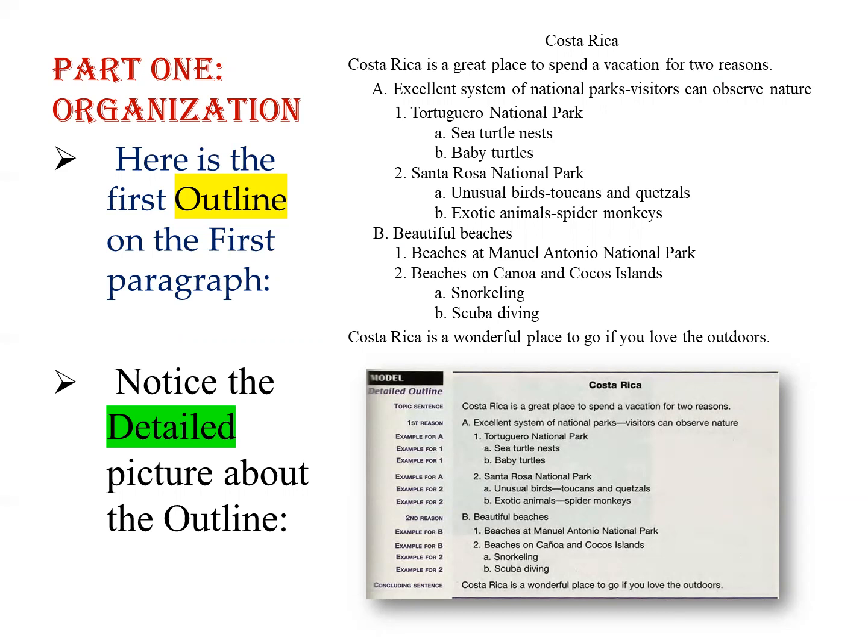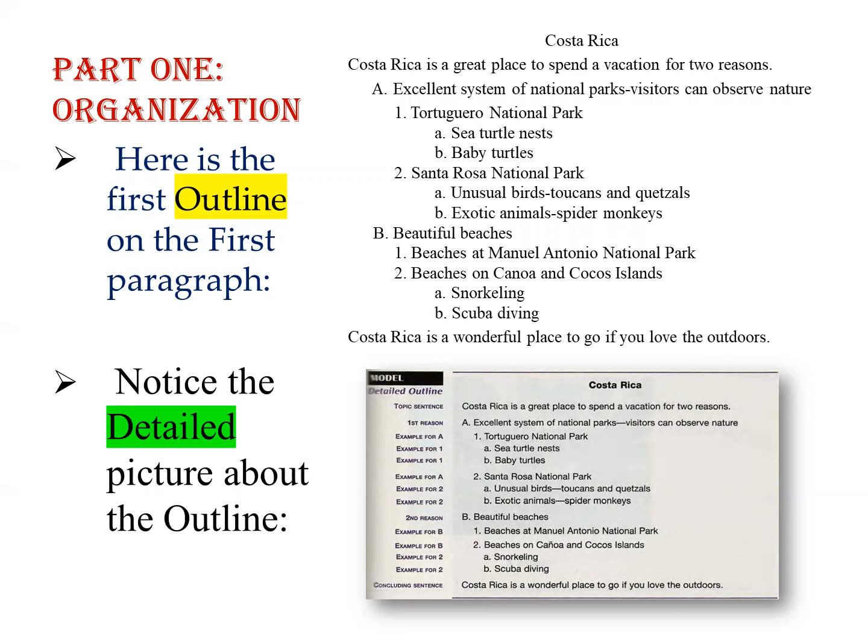Then I started to take the main reasons. Excellent system of national parks. Okay, visitors can observe nature. This is the main reason. This is the first main reason. After that, I put my examples. I put the first example, which was Tortuguero National Park. This is the first example. And the second example was